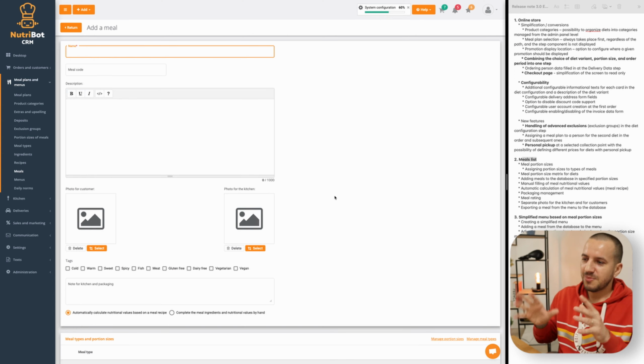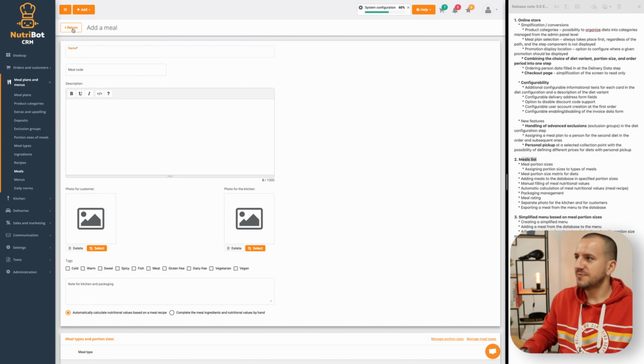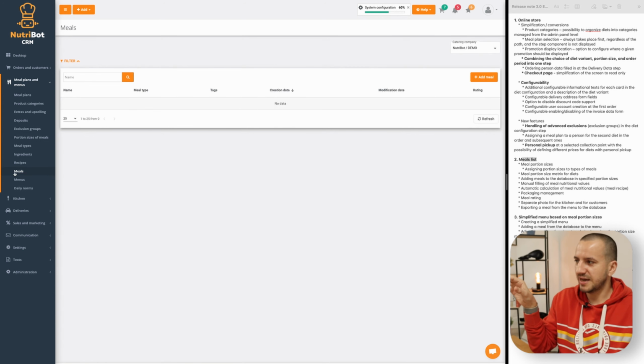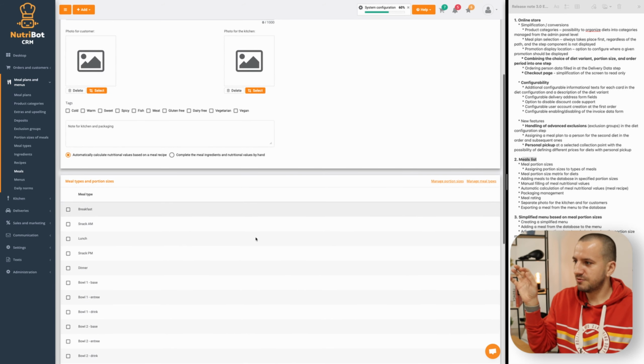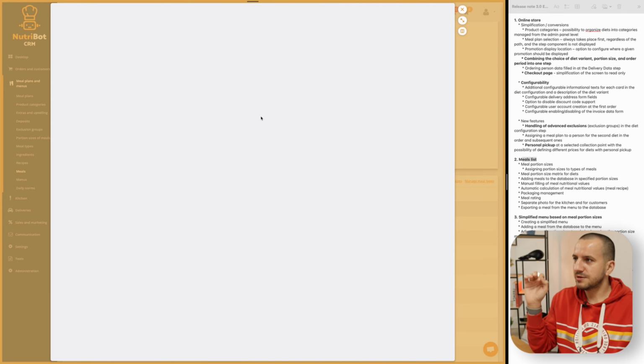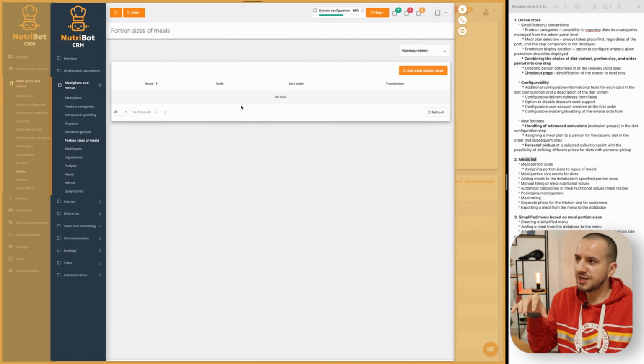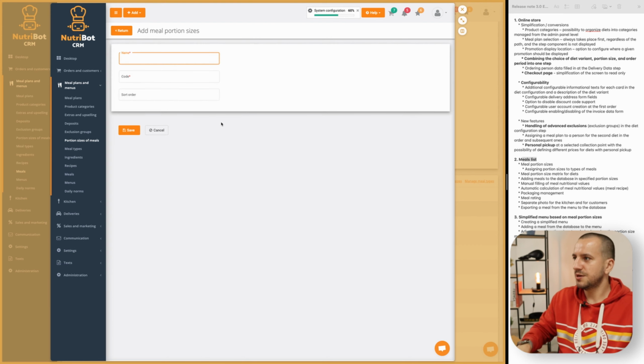So let's go back to our add a meal website. So once again, I was on the meal list. I'm adding a meal. I have the quite empty matrix here. So this is my 5 meals I would like to fill. So I need to click the manage portion sizes. And right now I should create the portion sizes which I will have. So for me, it will be the